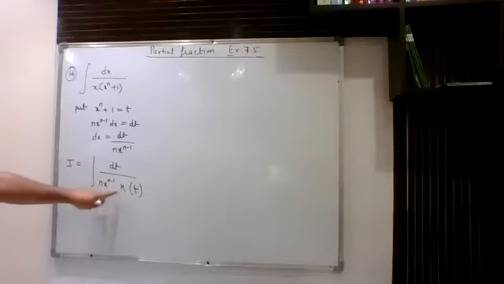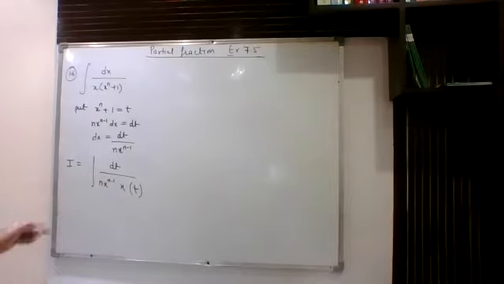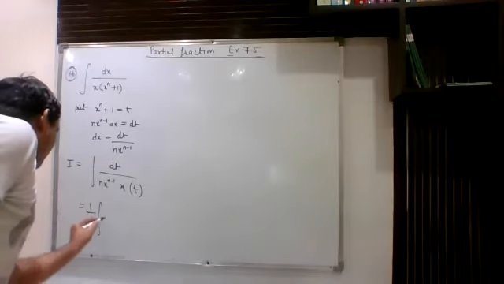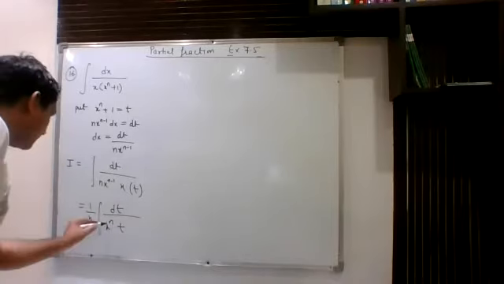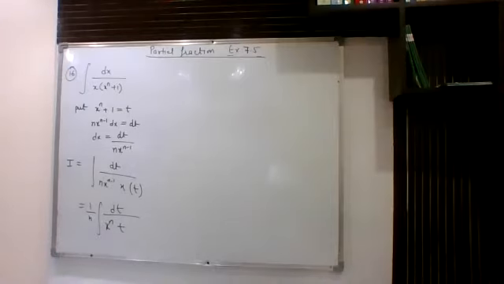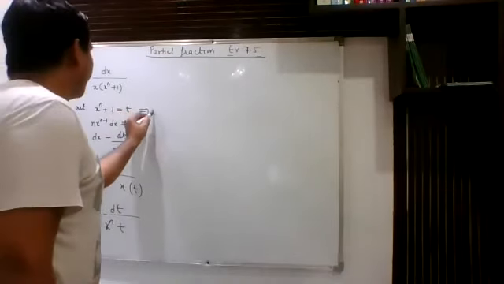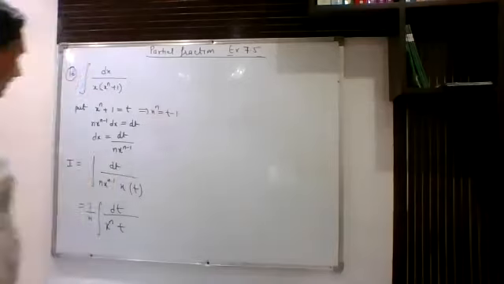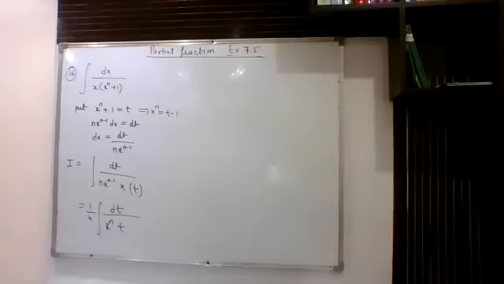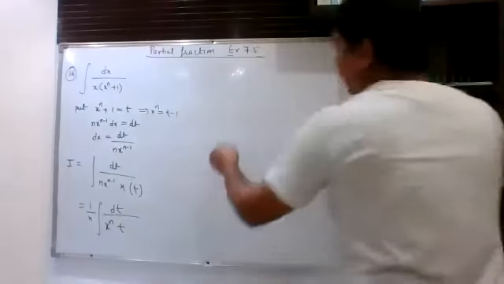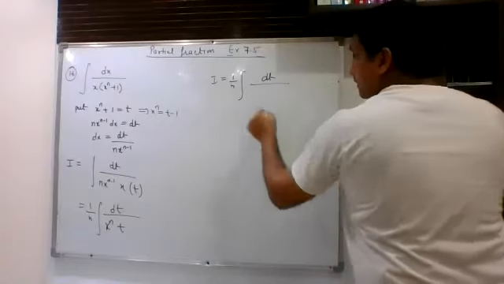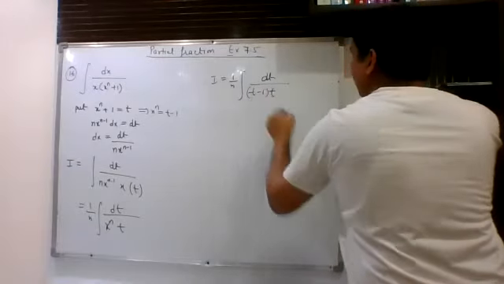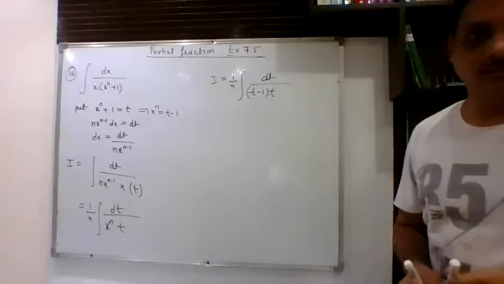Now when x to power n minus 1 and x merge together, then we will get x to power n into t. And 1 upon n outside, because that is a constant quantity. You can rewrite it in this form. Now we want to convert this to t form. Obviously you can see here that x to power n can be written as t minus 1. So this is how you can convert this question to t form, 1 upon n dt upon t into t minus 1.